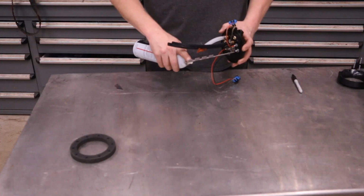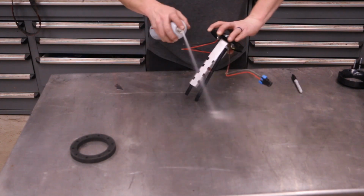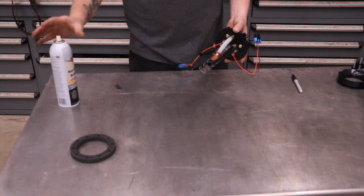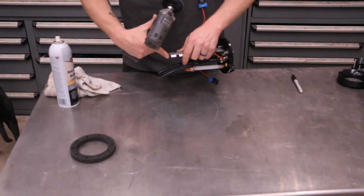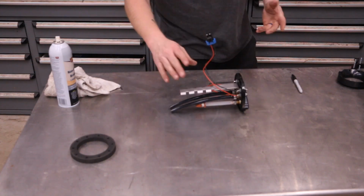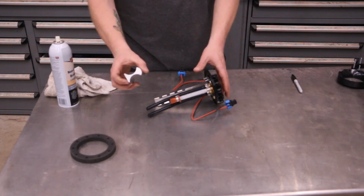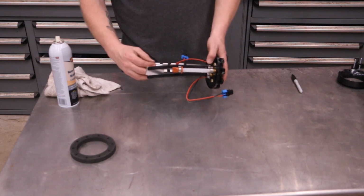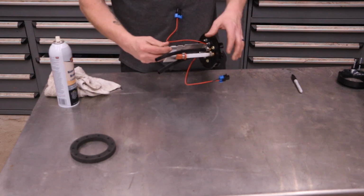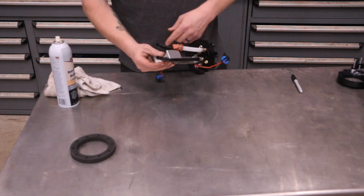Now that we've got this cut, I'm gonna go ahead and just spray it down with some brake clean. I'm just gonna use my little cordless grinder and clean that up. Not necessarily a necessary step, but on our pump, we have this little wing, and this will slide in here just like this,